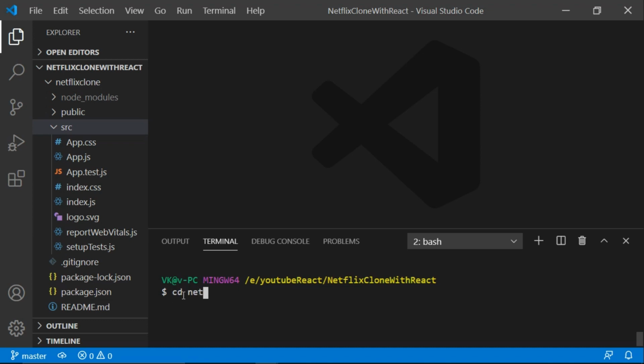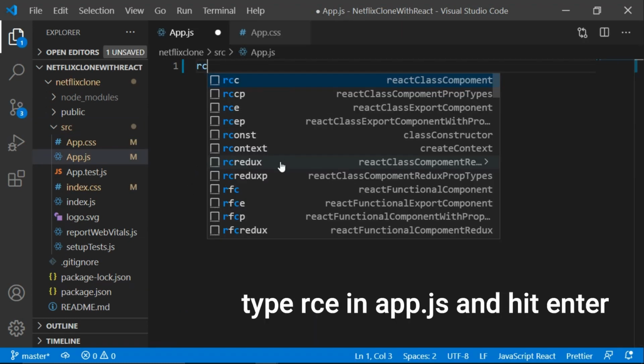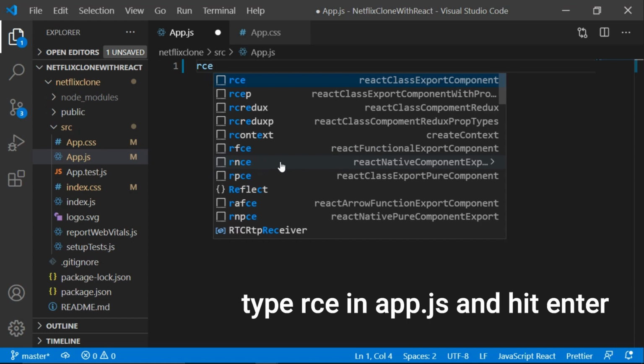Perfect. So first let's navigate through the Netflix clone folder. Don't add a space here, which is the name of our React app: cd netflix-clone, change directory to netflix-clone. And for starting our development server, we are going to simply write npm start, which is going to run our web development server on your default browser. So we got this app.js.